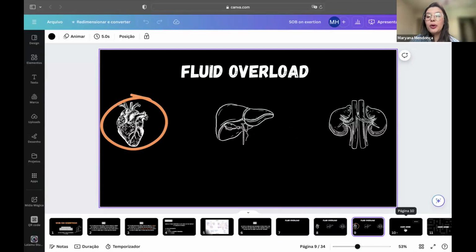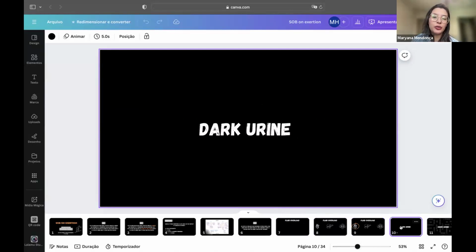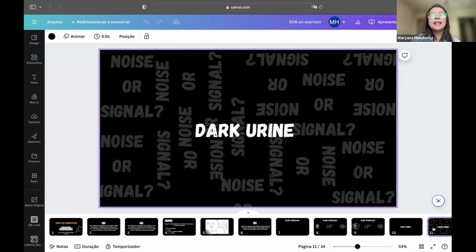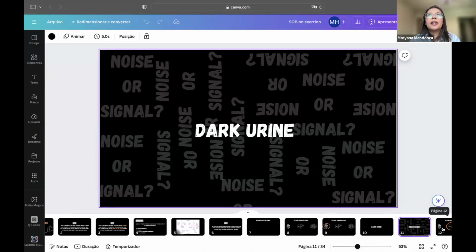And to make us even more curious, the patient also mentioned dark urine. Again, we can think that dark urine may be a sign that the liver or the kidneys are damaged. But before doing that, we have to take a step back and think, is this dark urine noise or a signal? Because we have benign conditions such as hemoconcentration due to poor fluid intake that could be causing dark urine without it being a real issue. And of course, we're going to confirm if the dark urine is really a signal once we have labs